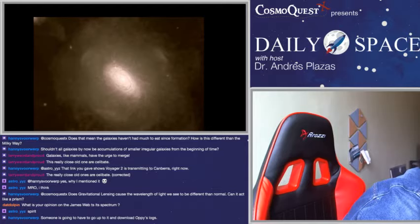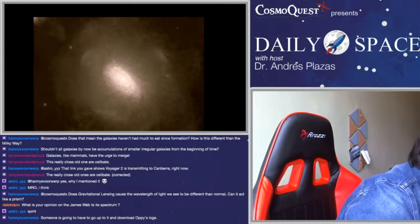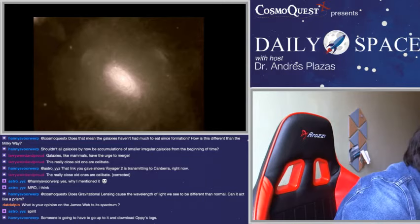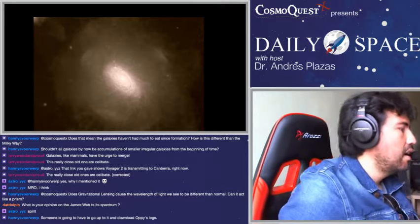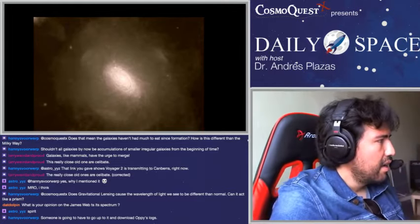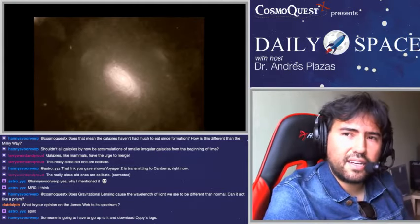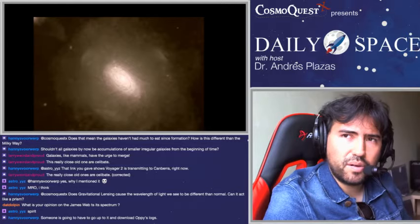So Hani is asking us, shouldn't all galaxies by now be accumulations of smaller irregular galaxies from the beginning of time? Does that mean that the galaxies haven't had much to eat since formation? How is this different from the Milky Way? Yeah, about how these satellite galaxies actually came to be. So yes,